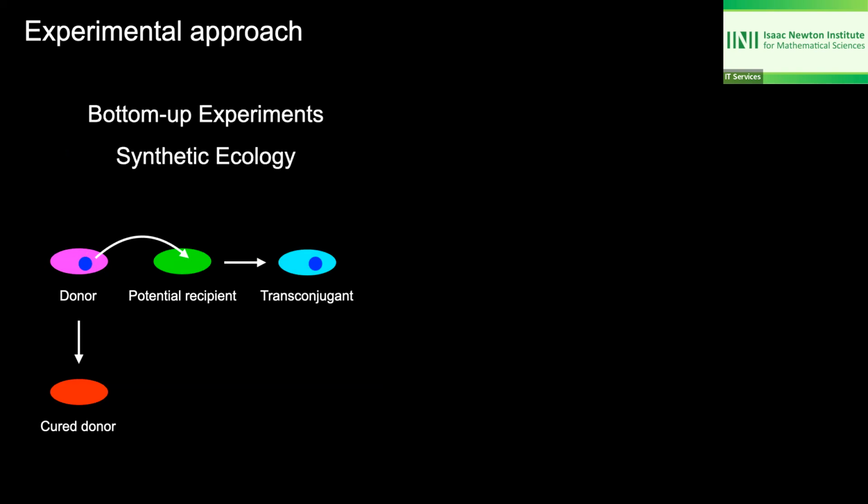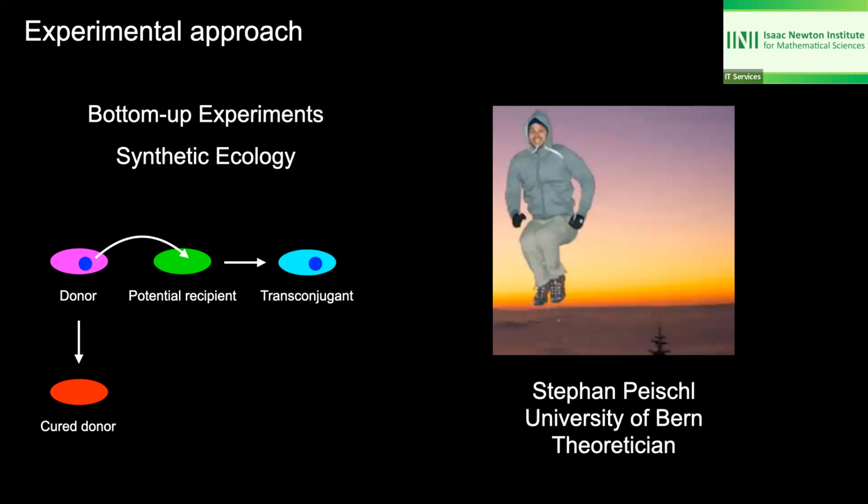I used to call myself a bottom-up experimentalist, and I would say that this is synthetic ecology. After talking to some people here over the past few days and reflecting a bit, I started working with a theoretician, Stefan Spatial from the University of Bern, who's a population geneticist, and he's interested in our range expansions, applying population genetics models to them. But anyway, we would basically do experiments, and I'd send him an email, be like, here's some new experimental data for you. And he'd be like, oh, great, that's fantastic. And